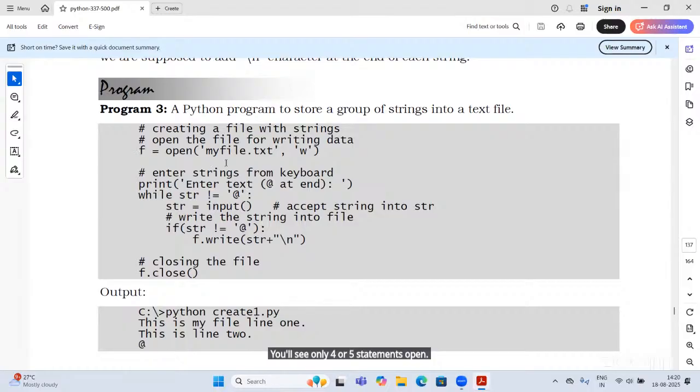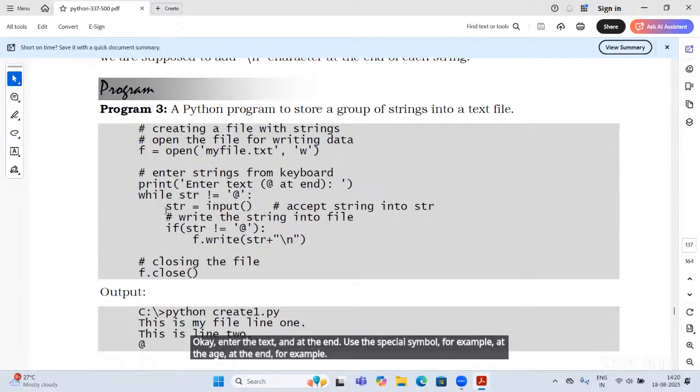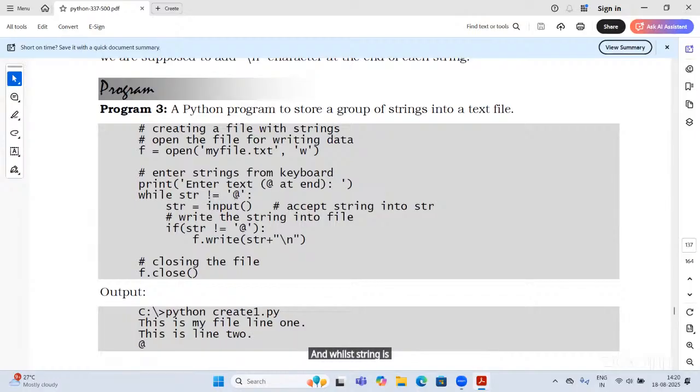f equal to open myfile.txt, open the file in write mode, and enter the string from the keyboard. Print, enter the text, and at the end use a special symbol, for example, at the rate (@). While str is not equal to the @ symbol, that means until we have the @ symbol, read the input and accept the string into str.